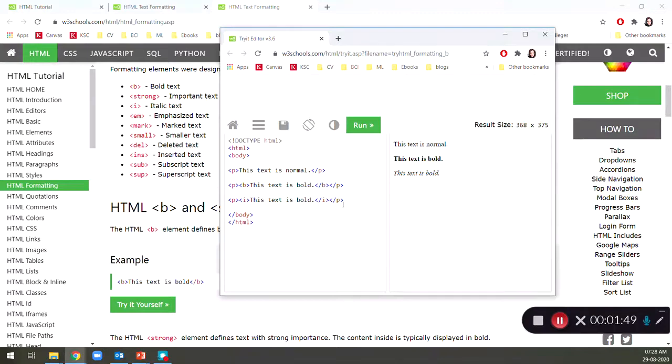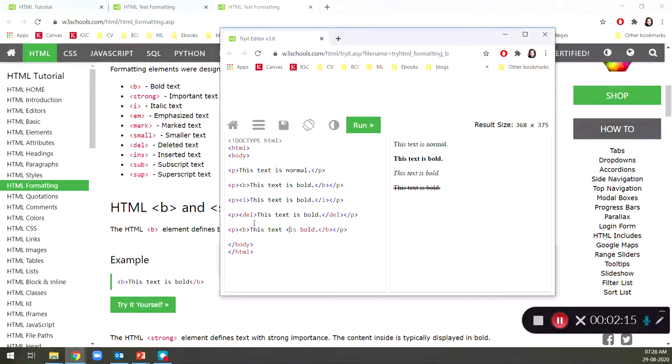There is another tag that is less often used, like the DEL tag. Let's see how it displays. DEL means deleted tag, so you can see that it creates a strike. Similarly, the superscript and subscript tags.